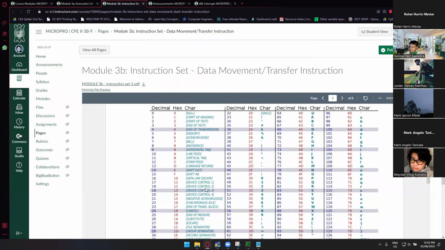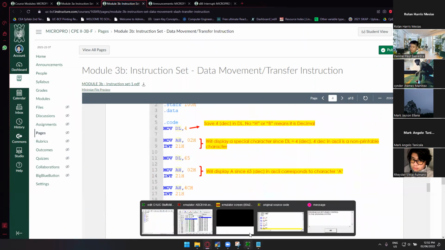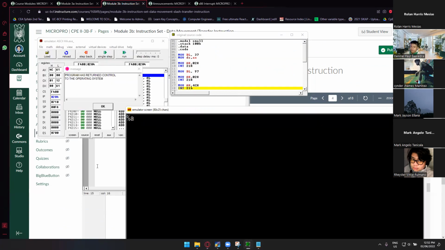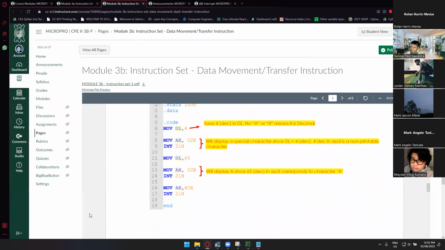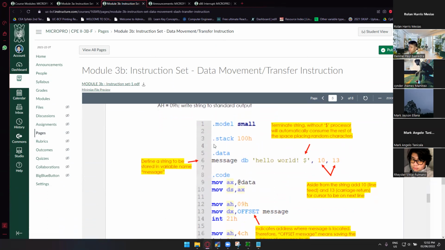So are we clear with this example right here? Yes, sir. Okay. So 4 is, I don't know if it's a bracket, but yeah, it's an open bracket. And then we have another example of move right here. How many minutes more do we have? Less than 1 minute. Okay, and then we still have